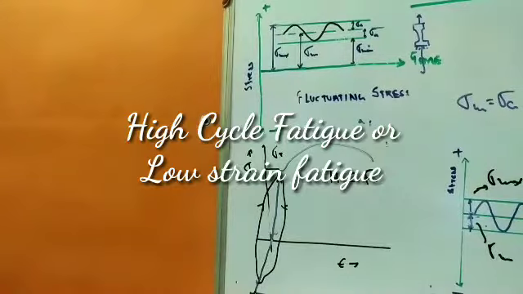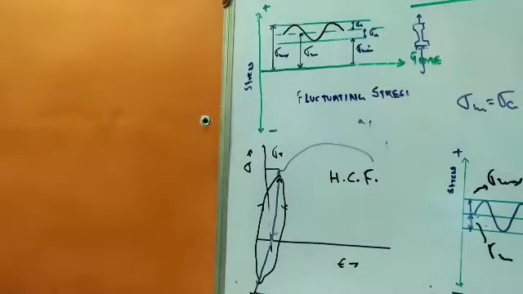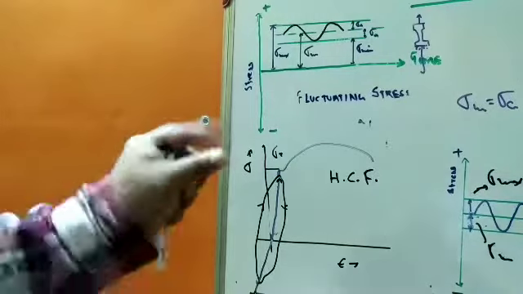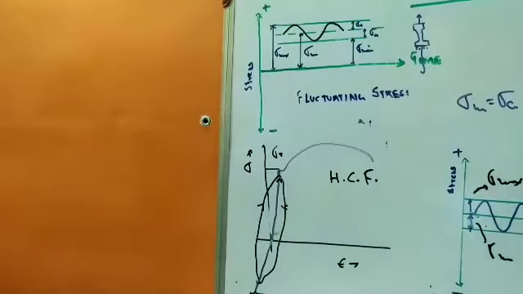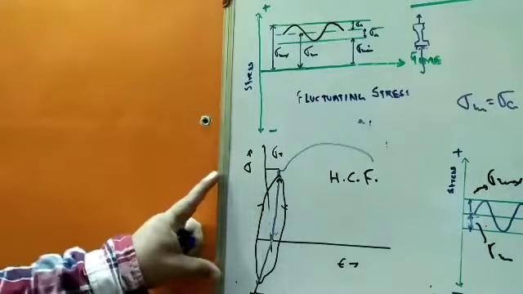That means a larger number of cycles is required. If you go on loading, a large number of cycles is required to cause fatigue failure, where the first crack appears. So it is called high cycle fatigue, or low strain fatigue,